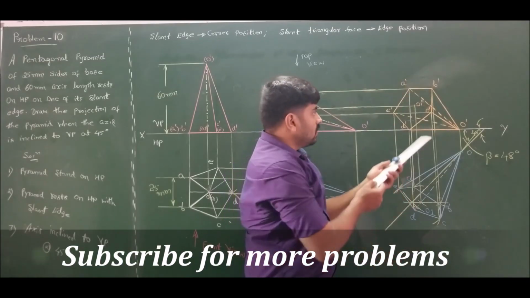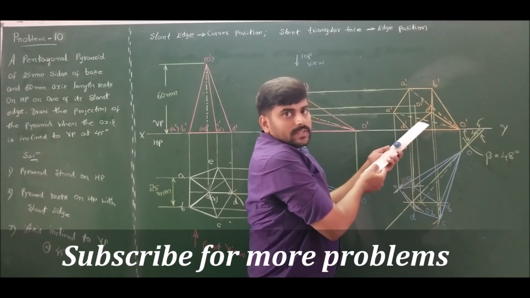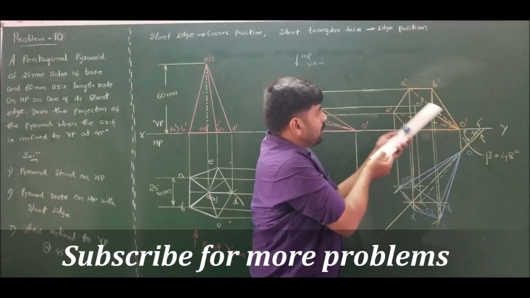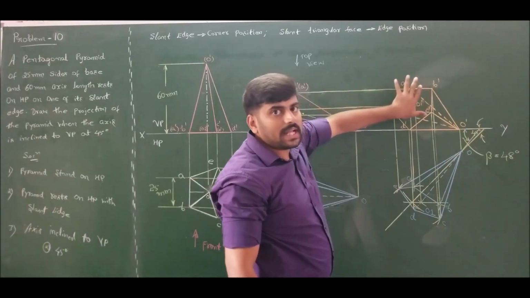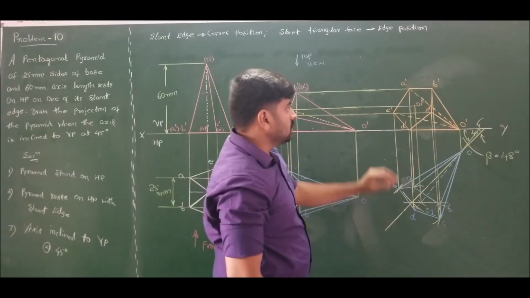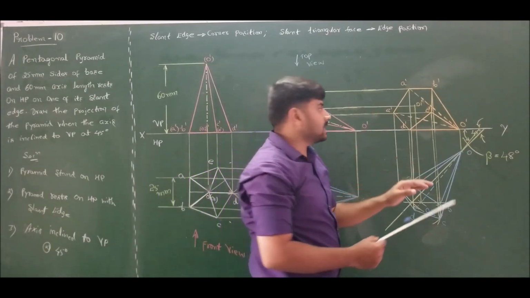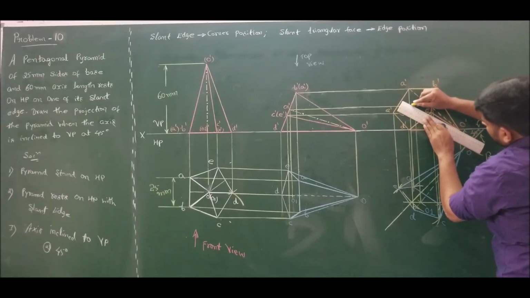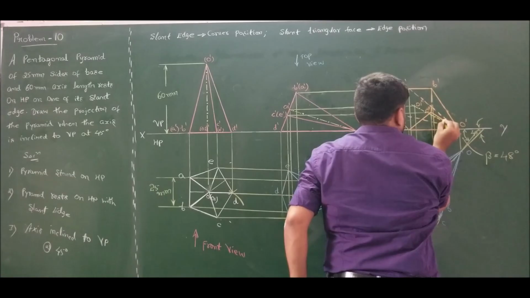As per our second rule, common lines cannot cross over. It is clearly indicating that one is invisible and another one is visible. Here also C prime B prime is visible, A prime O prime is invisible. Nowhere are common lines crossing over. So this is the final view. Also indicate the axis O prime and O1 prime with dash lines and a dot in between.